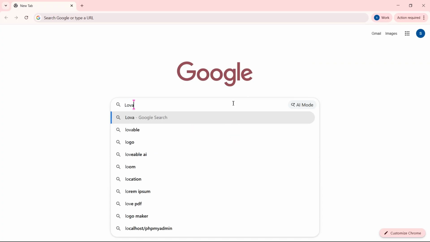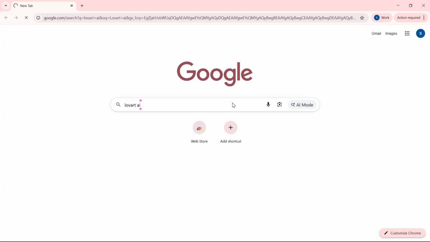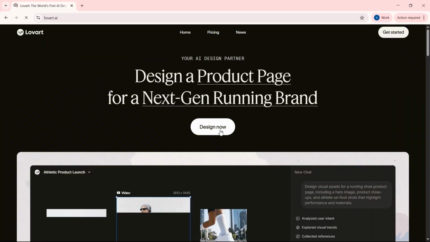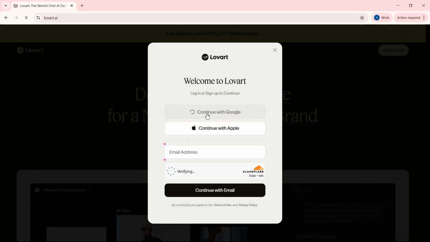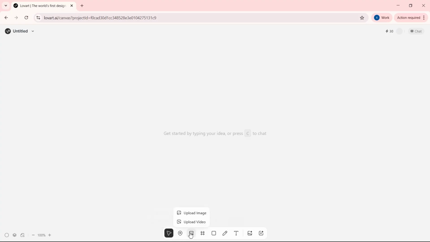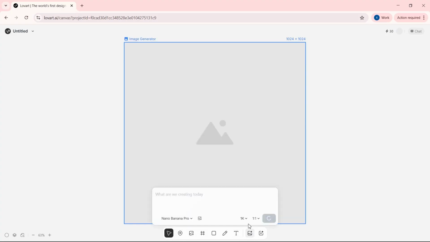After that, we will search here for Lovart AI. As soon as we log into it, it will give us 30 credits absolutely free. You can see it. And similarly, if we repeat this method again and again, it will give us a new Gmail and we can create unlimited emails from it. And similarly, you can create high-quality images because it is done in a very professional way, while I do this